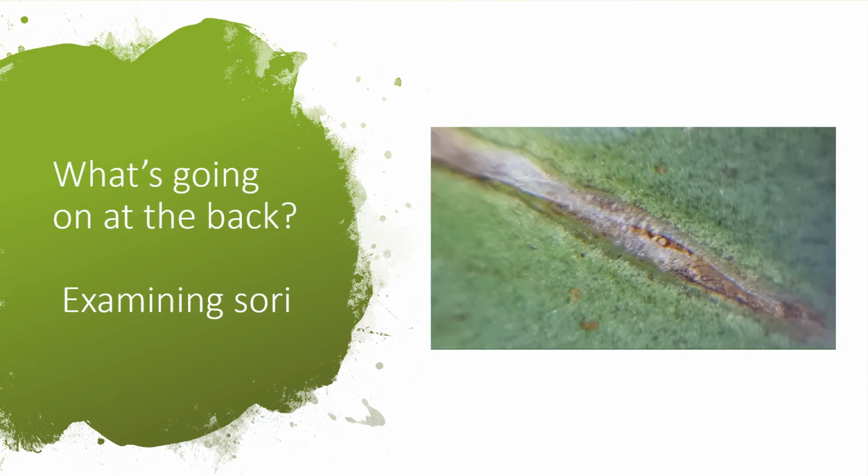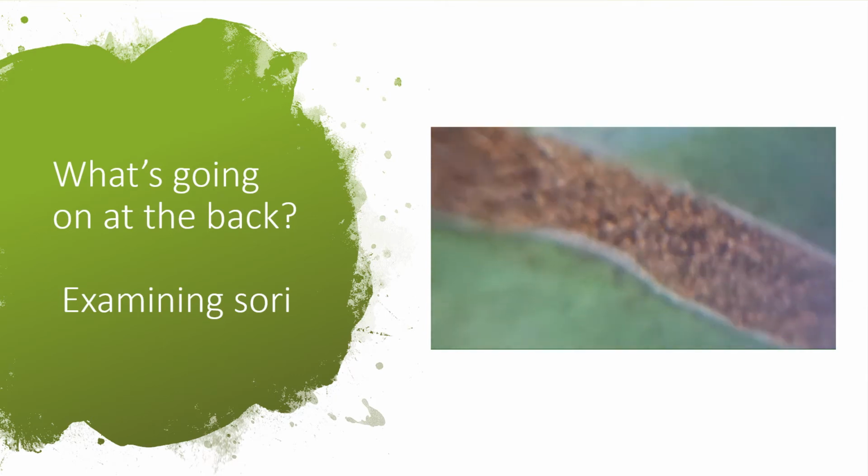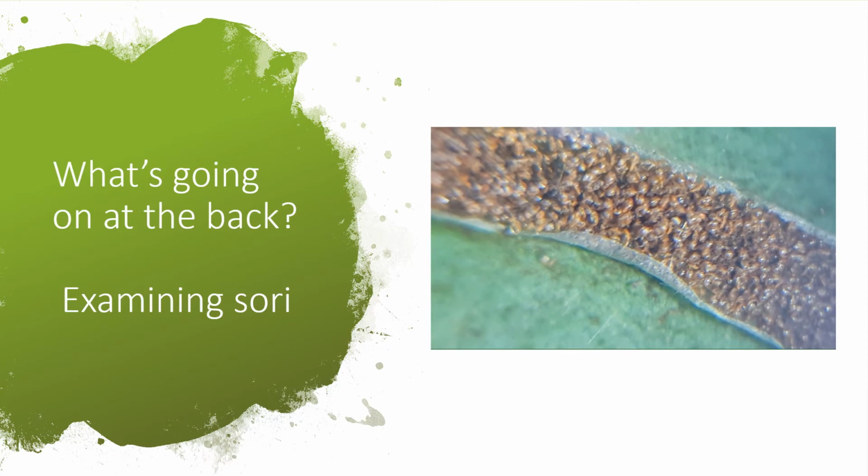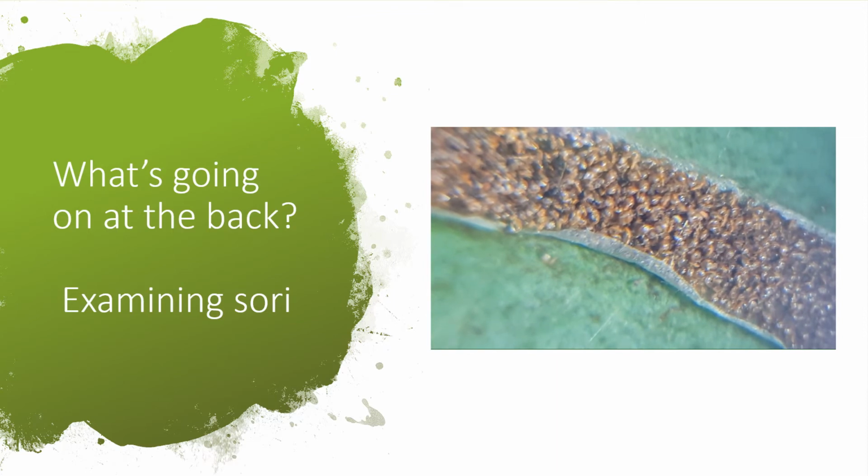This is the back of the frond that had the better developed, more mature sori on it, and this particular sorus is one of the least developed on this frond, and you can see that very shiny, thin indusium, that covering, is starting to peel back to expose some of the pearl-like brown sporangia within it. I'm just going to move us over to one of the better developed, more mature sori. And here you can see that the indusium has peeled back almost completely and has exposed these sort of caviar-like,